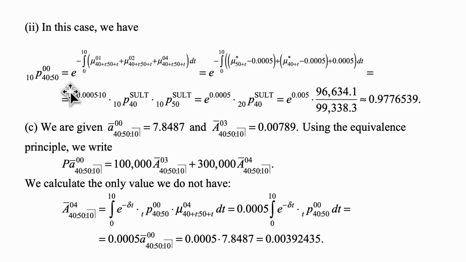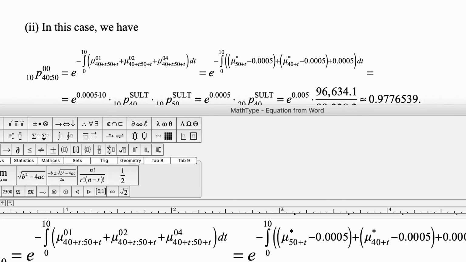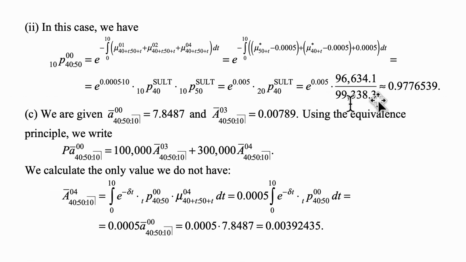Yes, because this remains the same. Oh, no, it's not missing a 0. It's my fault. It's multiplied by 10, so it's correct. My apologies. So this is e to the 0.005, and this is the population size from the standard ultimate life table at age 60 divided by the population size from the standard ultimate life table at age 40. And we plug those in, calculate it, and we get approximately